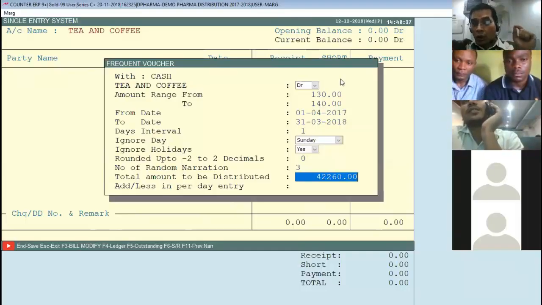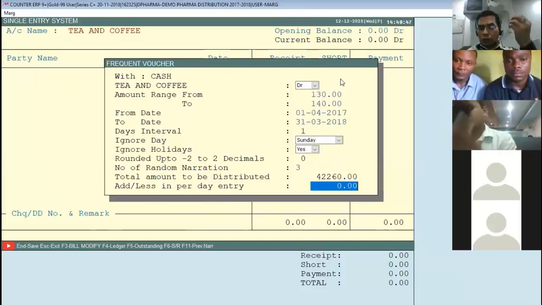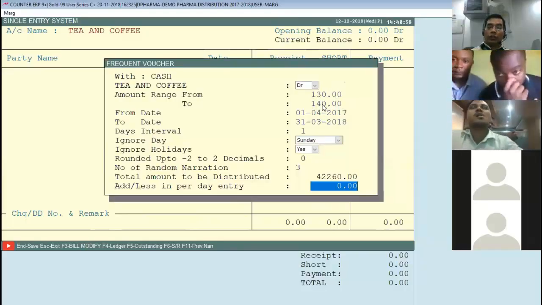Now my software is saying, sir, the total expense would be 42,260. If you want to add less per day entry, you can do. Else we have given the amount should be between 130 to 140.